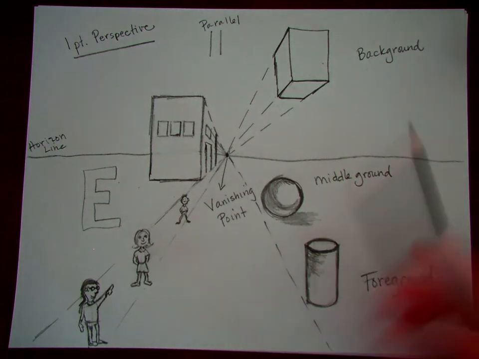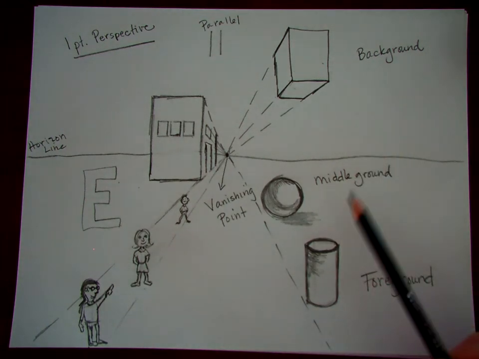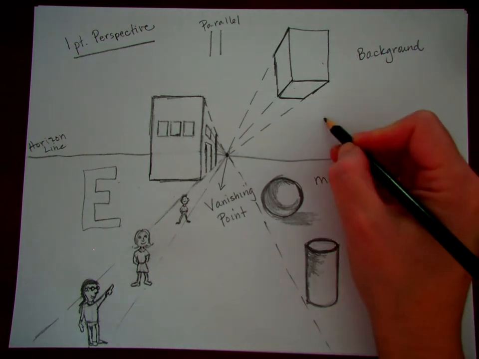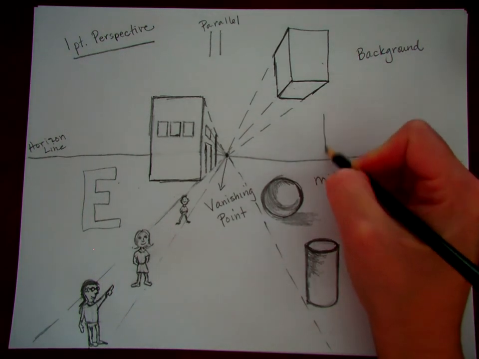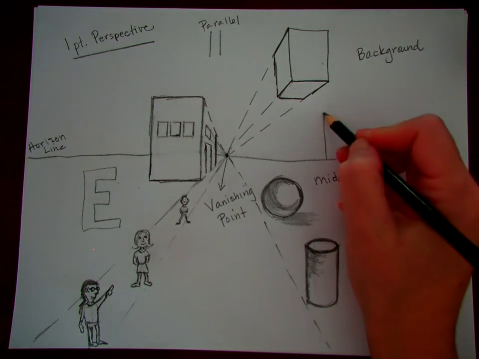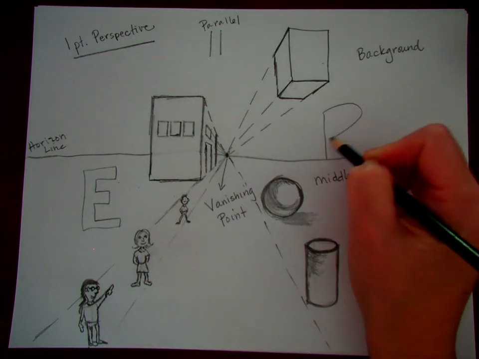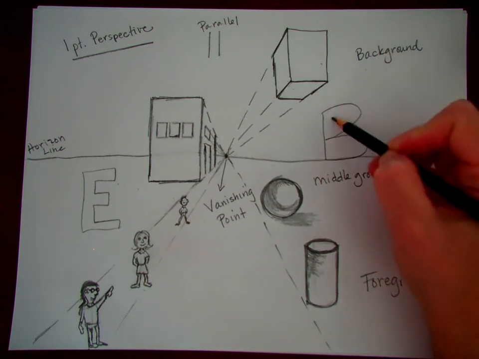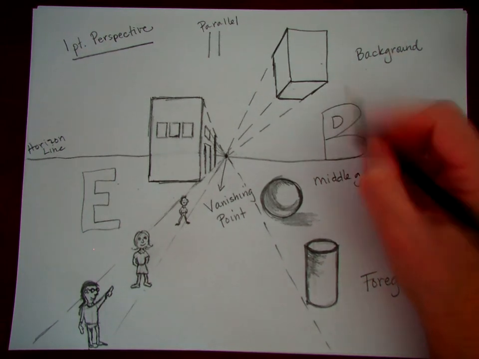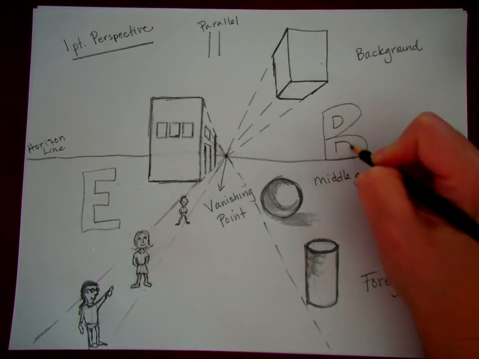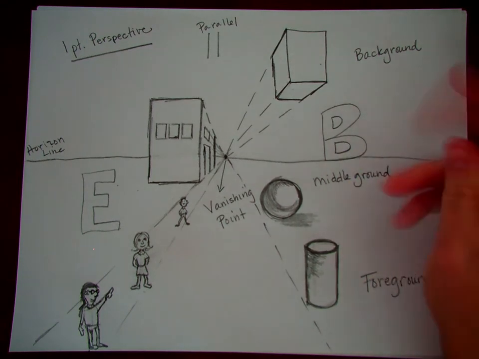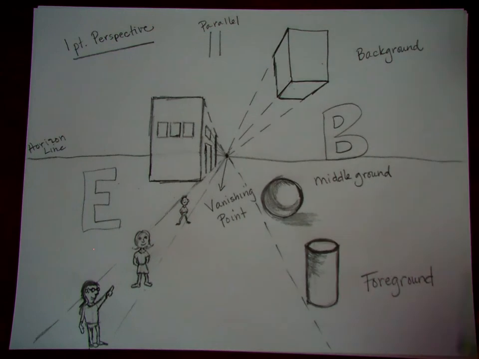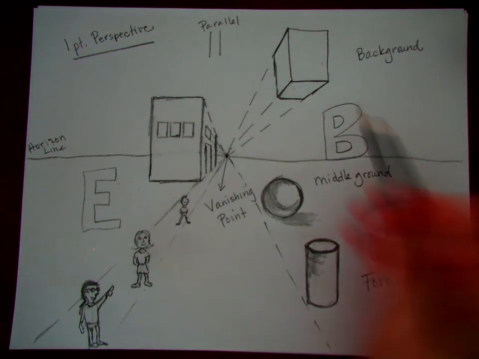And then I'm going to put my other initial over here somewhere. So I'm going to draw it here. And the same thing, you want to make it into a shape. All right, and then from there, you simply just connect